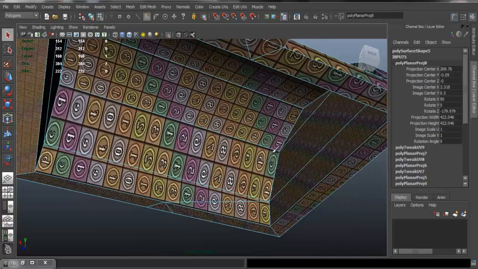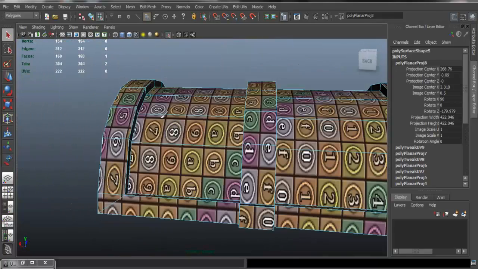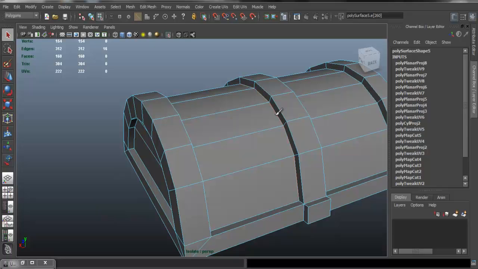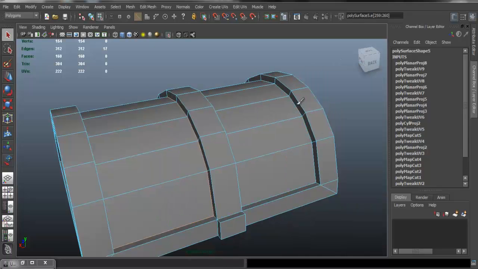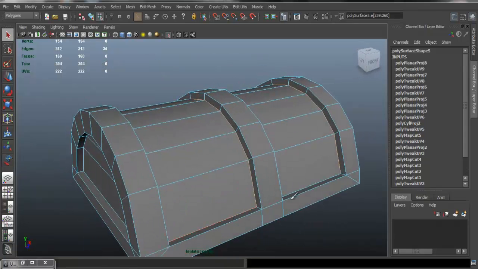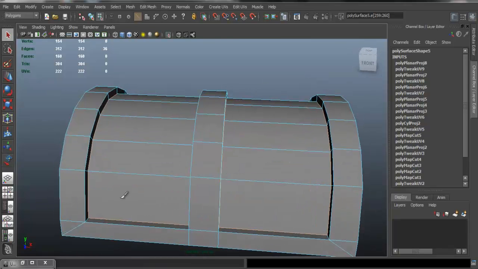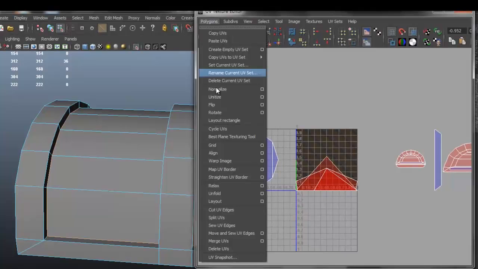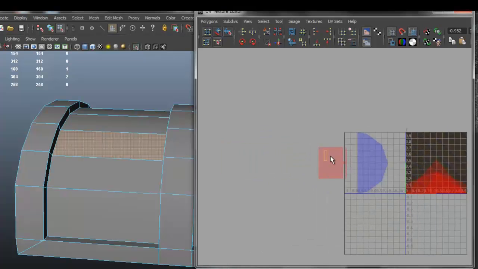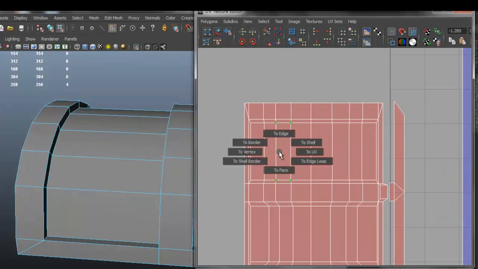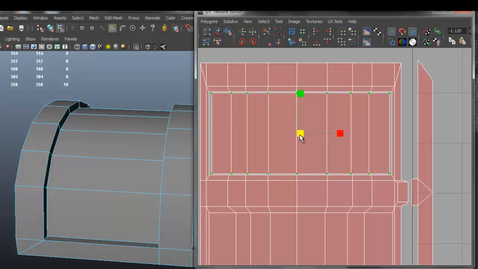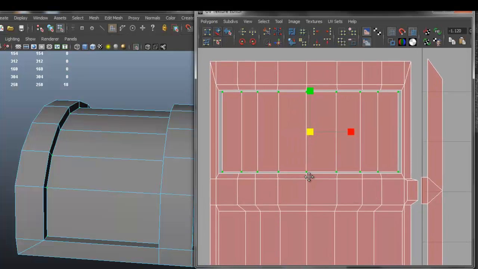So we continue where we left off last time. We're UV unwrapping the top part. And this time, one more thing I'm going to do, I'm going to select these edges. I'm going to open the UV editor, and I'm going to cut UV edges. So now if we select that face, go into UV mode, I'm going to go into shell, and I'm going to scale that. So now what you can see, we have two separate parts,